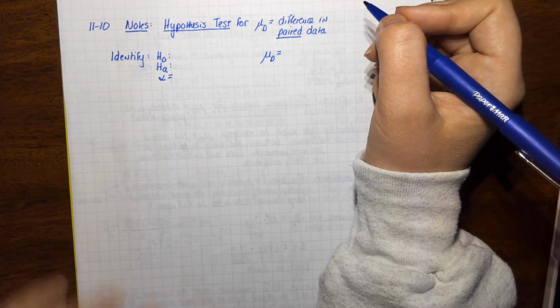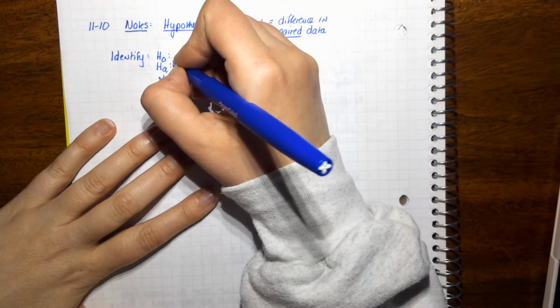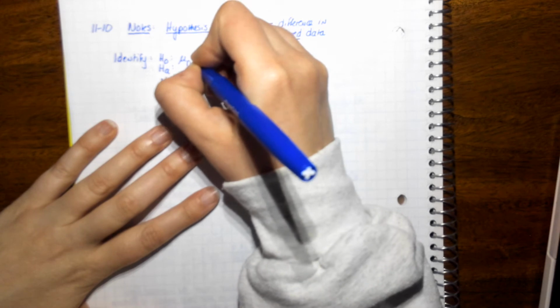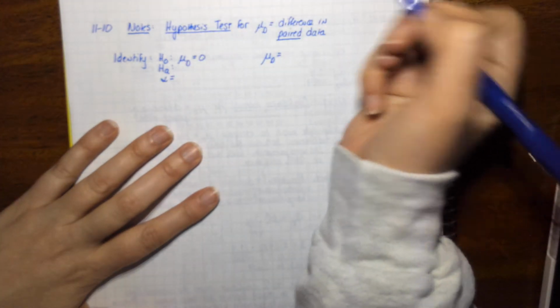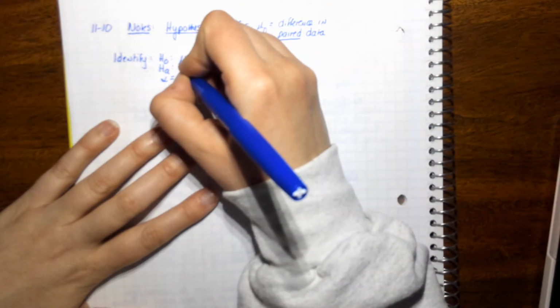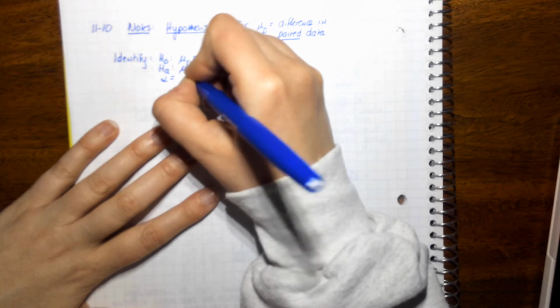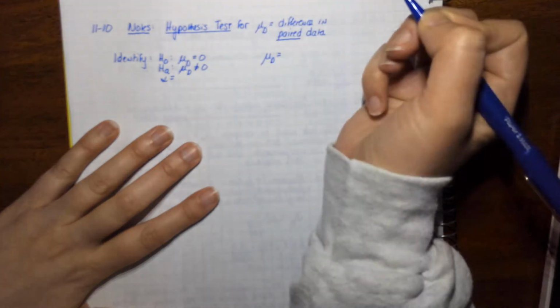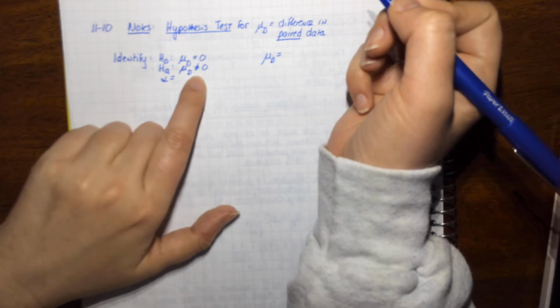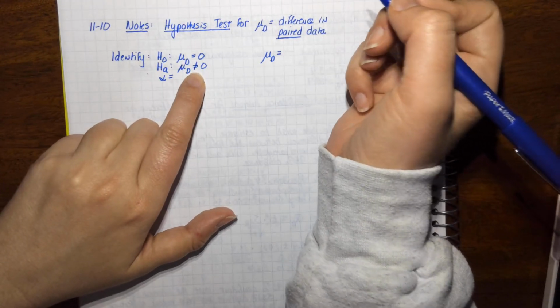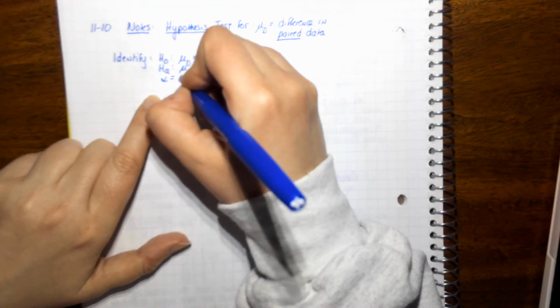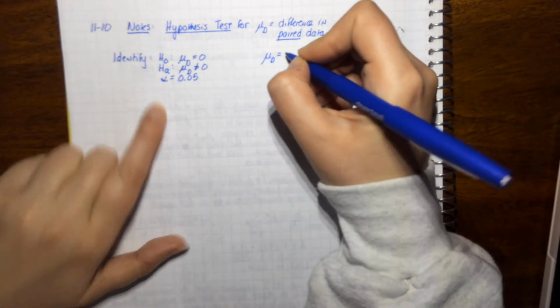Okay, so what we want to know is there a difference? So our null hypothesis is going to be no difference. And then, as hopefully some of you are suspecting, the alternative hypothesis is a difference, which is not equal to 0. They did not give us an alpha, and this is